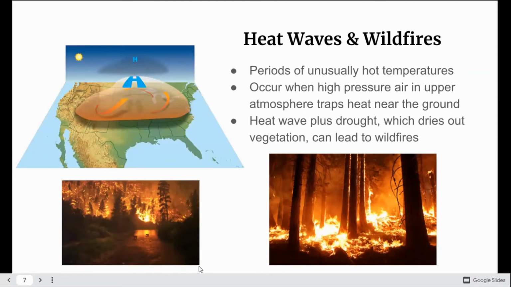Not a lot of air movement going on during heat waves. You can get droughts. You can have vegetation start not getting enough moisture to be able to survive, so it dies off, dries out. That can then lead to wildfires. A wildfire is just what it sounds like, a fire out in the wilderness. It can be started by lightning strikes. It can be started by people. If you're driving by and you flick your cigarette out the window and you've got dry, brittle vegetation, that can start a wildfire. Please be mindful of that and don't do it.